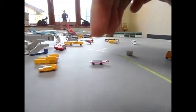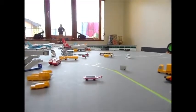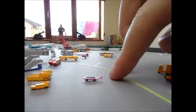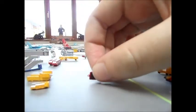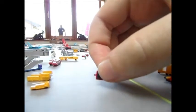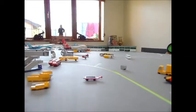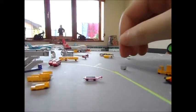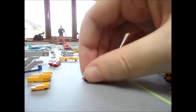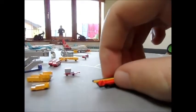I actually took a photo of these, I had 3 in a line, and I really like that photo. You have the connector at the front, and then a hole at the back. You can just see that bit jutting out, and just see the hole. Obviously that's where the other one would connect. And then there's a little vehicle that you get that will pull them. Like I say, that's the ULD, so the ULD will go on that. Then the baggage loader here is